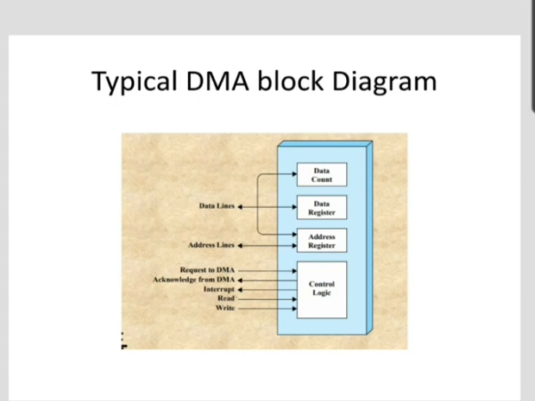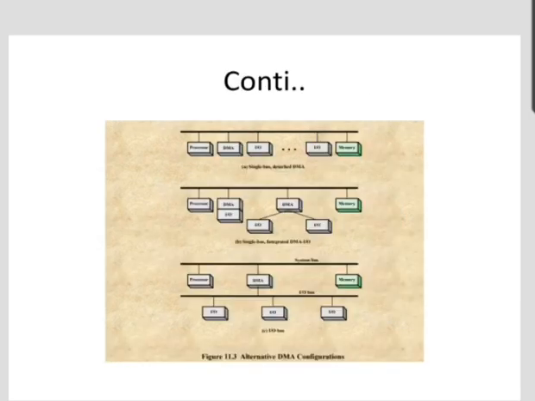When the DMA controller is ready to transmit or receive the data, it activates the DMA request line to the CPU. The CPU waits for the next DMA breakpoint. The concept of breakpoint is shown in this diagram. The CPU now leaves the control of the system bus and the DMA activates the acknowledge.